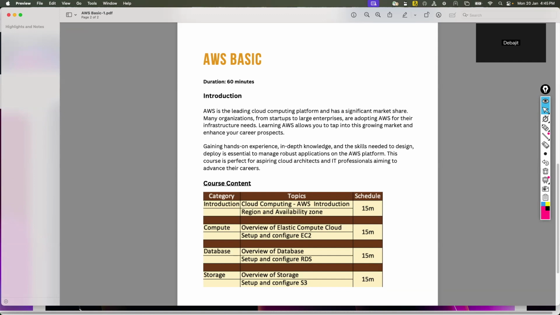So in the 60 minutes, covering all of the services is pretty difficult because these are all very vast topics. But yes, after the 60 minutes, at least you will have some understanding of what AWS is all about, how you can position AWS for your business, for your customer, or for your own learning, and how you can set up and configure these important services like EC2, database and storage, right? So before we get into the detailed discussions about compute, database and storage, we'll see how to set up and configure.